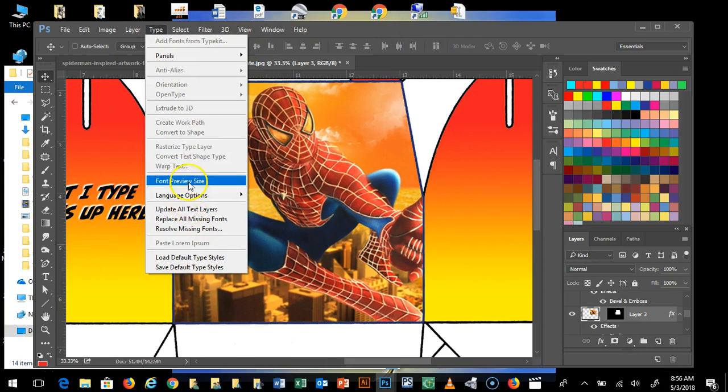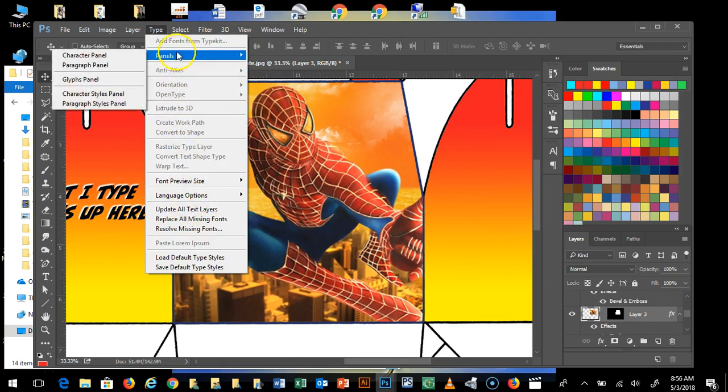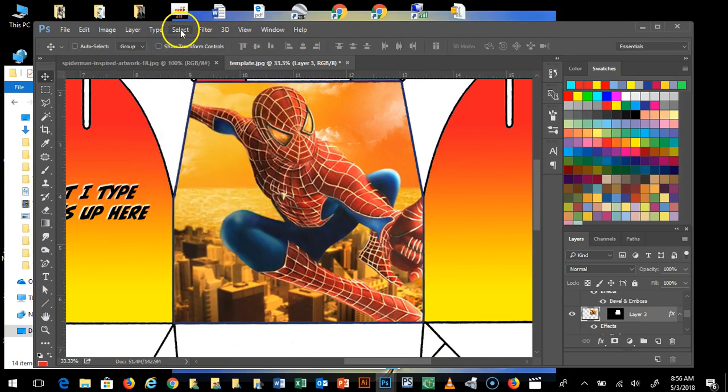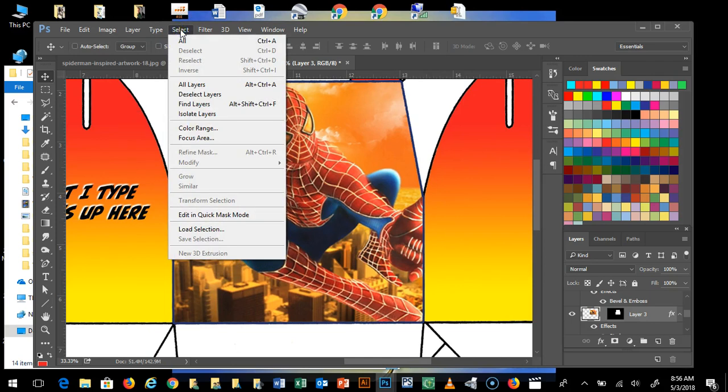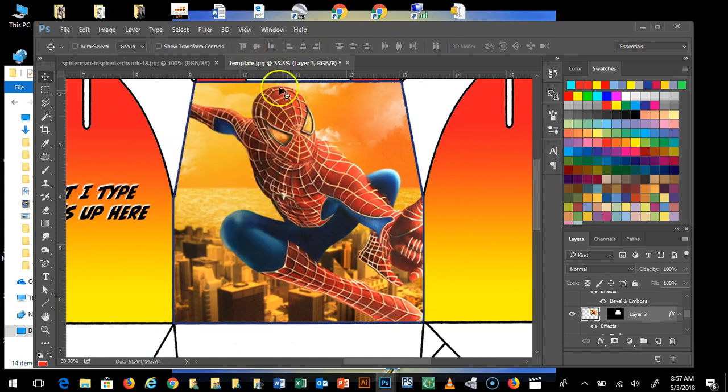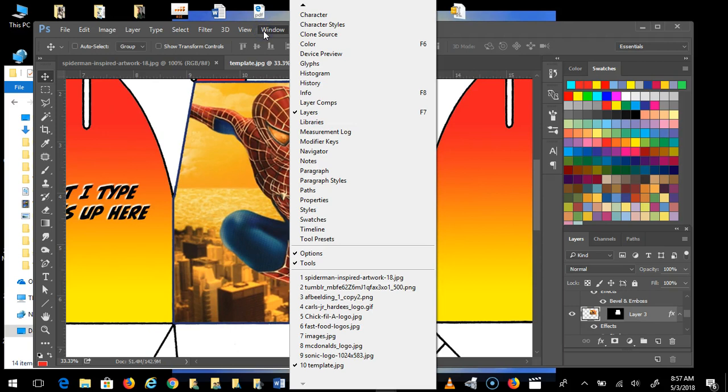Type, we've already done all the type stuff pretty much. Select, we've gone over a couple things on select. A lot of these are hotkeys. So select all just selects the entire image. Deselect does what it says, gets rid of the selection. Select inverse is what I was telling you guys earlier. If you have,